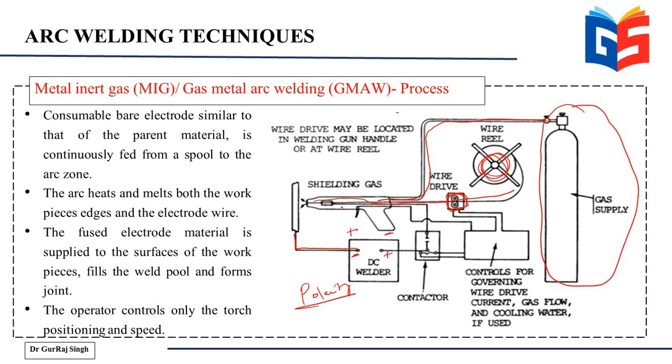And in case of MIG welding, you will always connect your electrode to the positive terminal. And why is that so? Because the electrode is consumable, and connecting it to the positive terminal will make that consumption easier, because it is the anode always which bears the higher temperature, because the electrons are colliding at the anode and they are moving through the cathode. So as a result of that, it is always advisable to connect the electrode to the positive